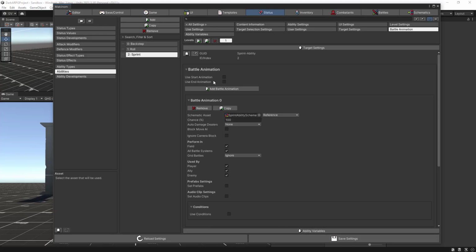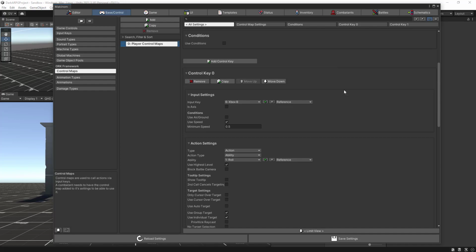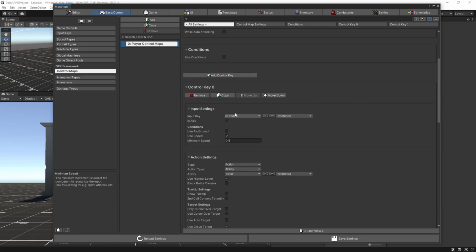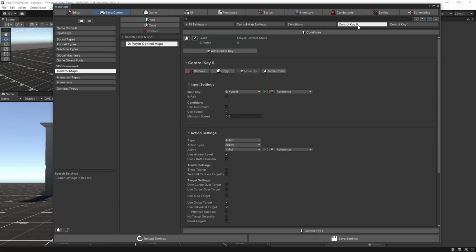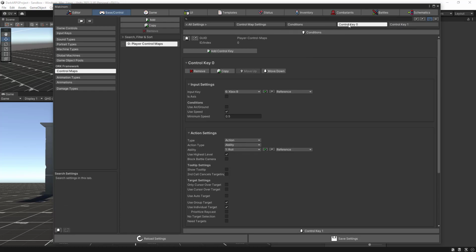And now that we have our sprint ability, we can go back to the base control maps, our player control maps, and before we had the roll ability, or the input settings for the roll ability, right? The control key 0 and the control key 1 for the back step. So let's select the first one and copy the first one,